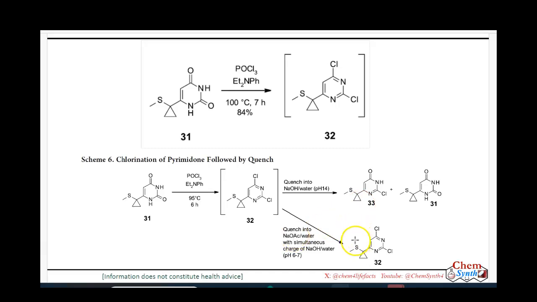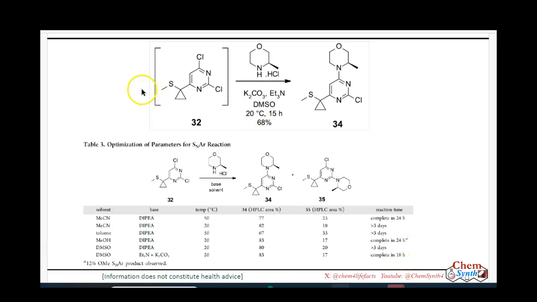Only the desired product was possible to isolate when they used aqueous sodium acetate solution along with simultaneous addition of sodium hydroxide solution, and they kept the pH between 6 to 7, and they got this desired intermediate 32. And now they introduced this